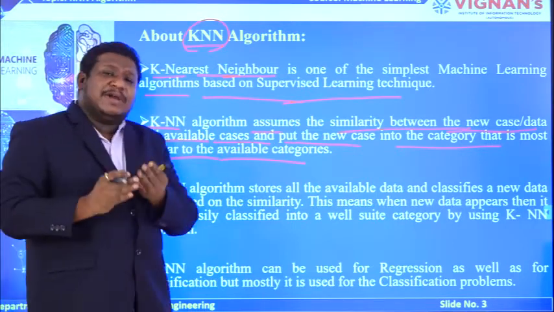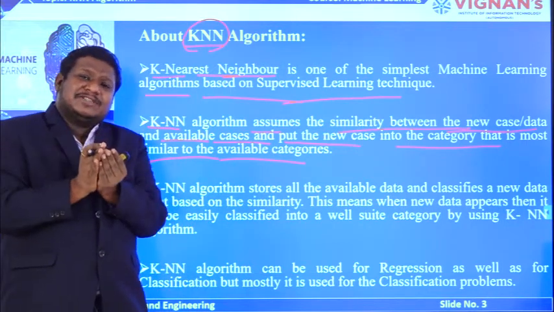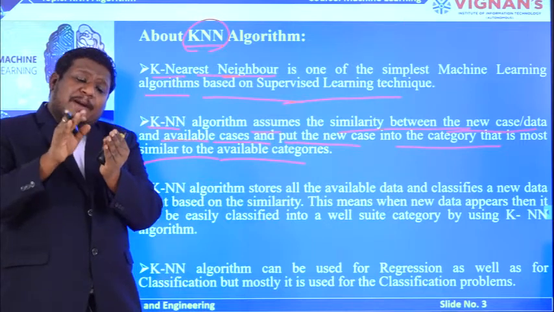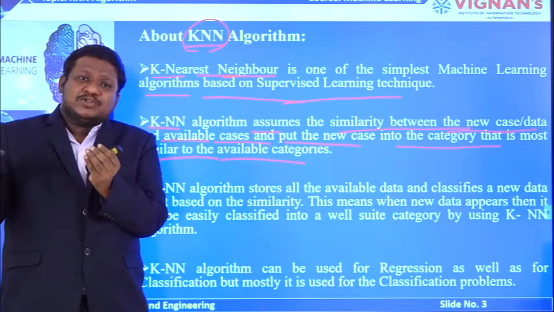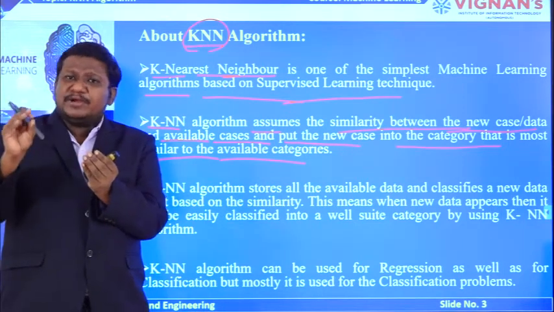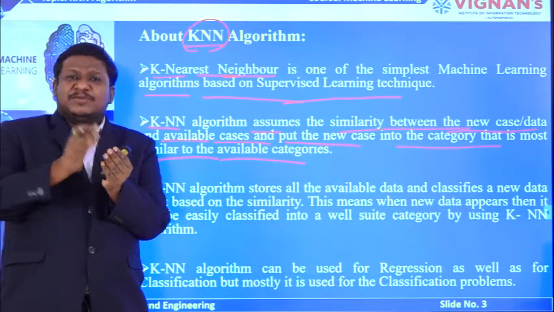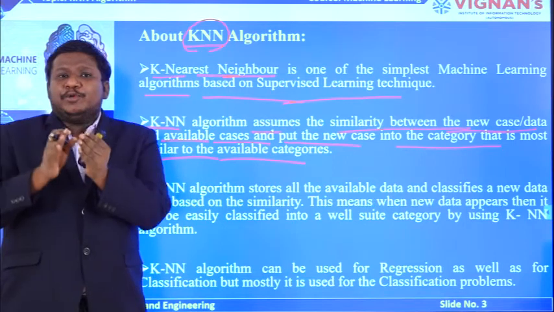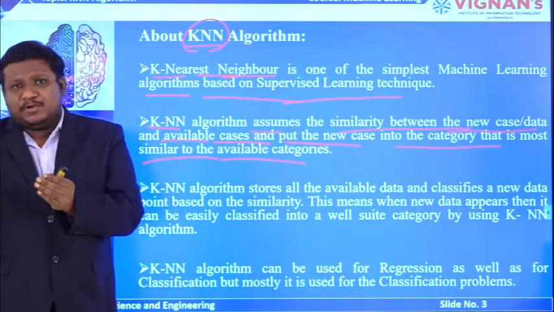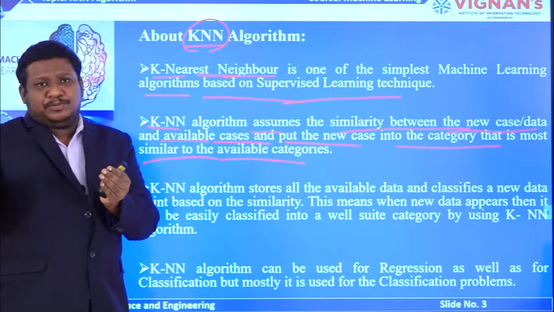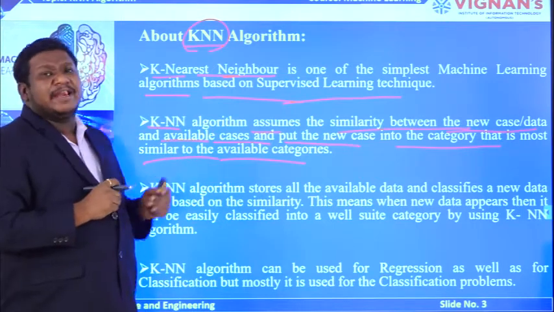So basically whenever you have a new data point, we will try to understand the data point and compare the similarity between this new data point and the existing points. Existing points may not be a single point; there may be 2 or 3 or 4. From those comparisons with the existing data, you are going to assign this new point to a particular group. That is the main role you are going to implement in this KNN algorithm.